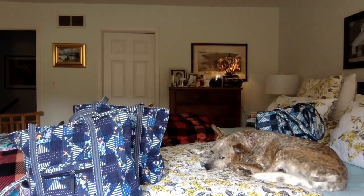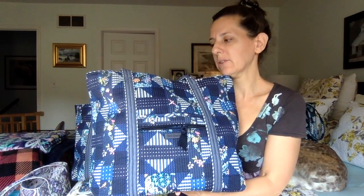The Hadley tote just has the channel stitching on the bottom, but it has that micro square quilting on the body of the bag. And that affects the drape of the fabric. Absolutely. So I was so excited to see this channel quilting all over this bag because I think